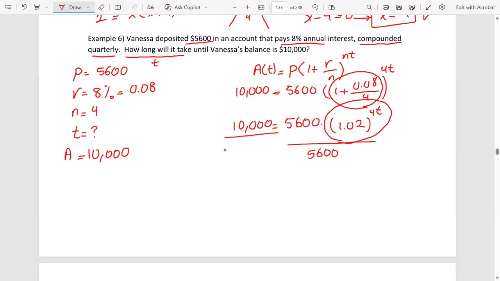Divide both sides by 5,600. And 10,000 divided by 5,600 is 1.786. Let me just keep it with 3 decimal digits. Okay. And then now